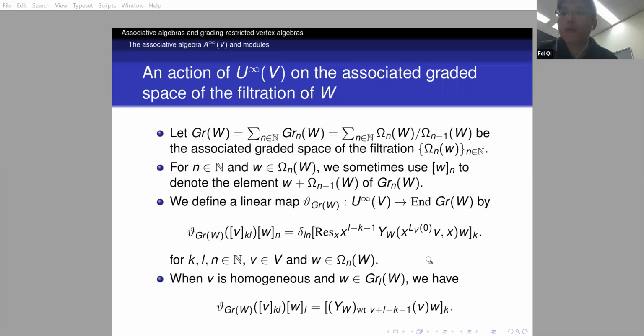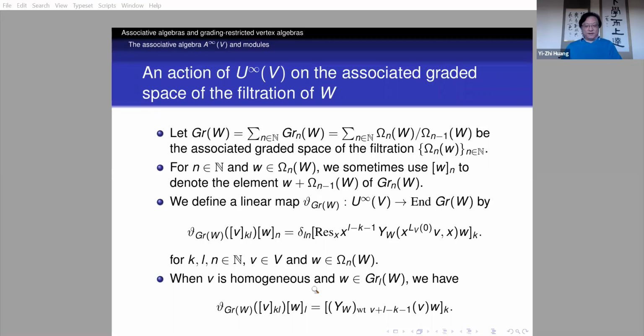You're probably taking out not just the element of weight L minus K, but you also have the Lx to the L0 acting on V, right? Yeah, but this will basically cancel the weight of V. So this is actually for canceling. You basically need this, otherwise there will always be a weight V there. So that's what we want. Okay, I see. Thank you very much.